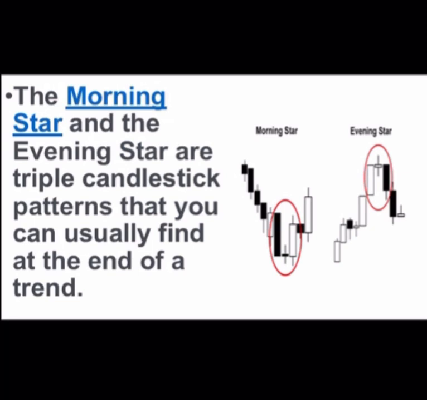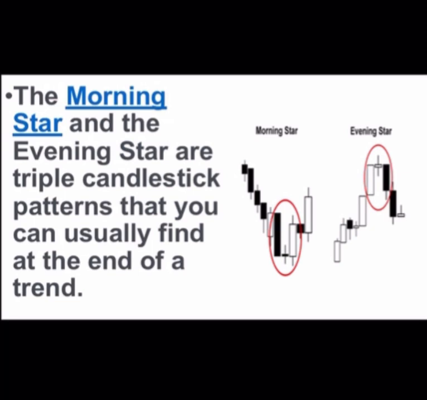I said the evening star, which is another call, is actually a triple candlestick pattern that can usually be found at the end of a trend. Now this morning star or evening star is actually what we call them. We call them morning star or evening star candlestick. They are three-candlestick patterns, or triple pattern candlesticks. You can actually find them at the end of a trend,